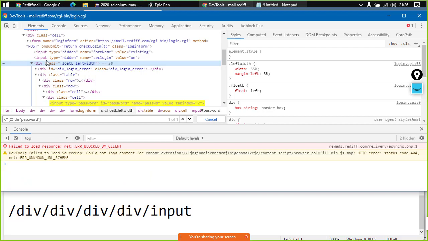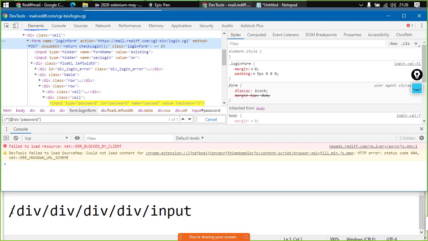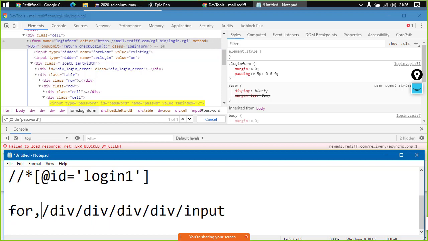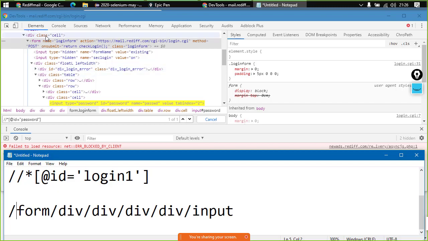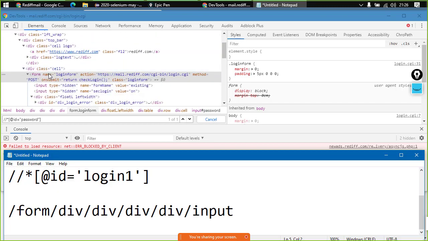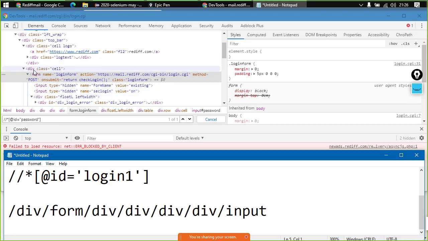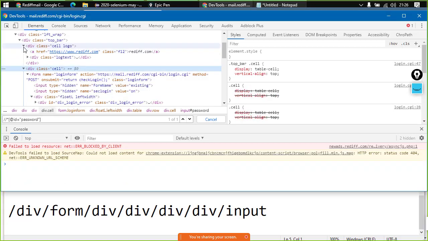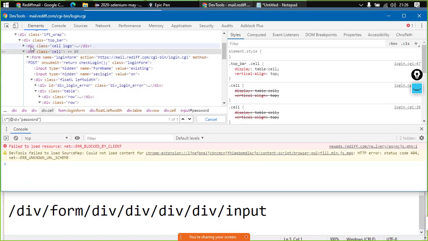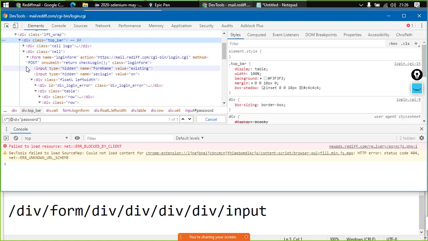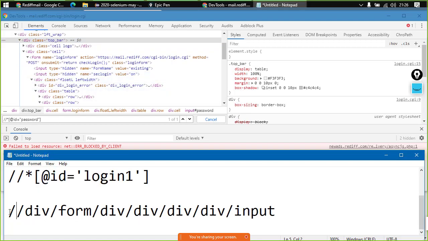Now this one is inside form tag, right? So form tag, right? Now we have got till the point where a form tag is. Then form tag is inside div tag. So div tag. Now over here, this div tag is inside this particular div tag, which has the class say top bar, right?